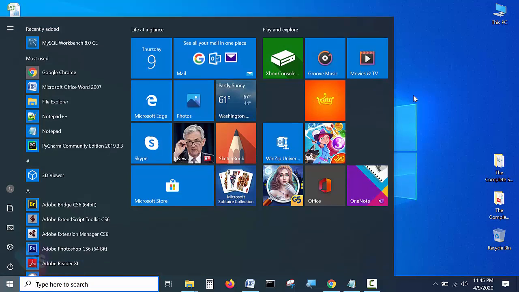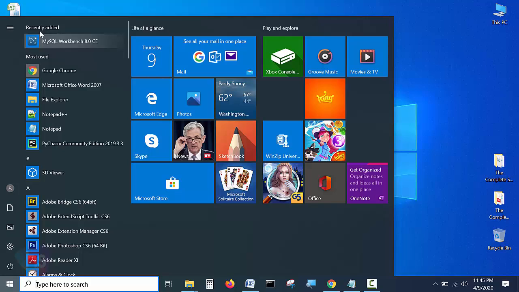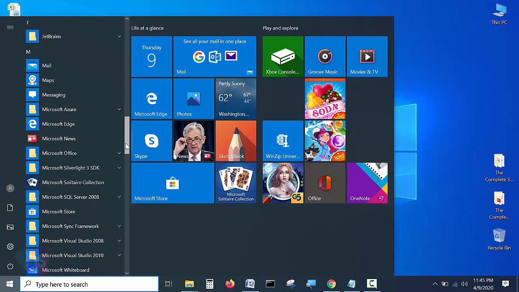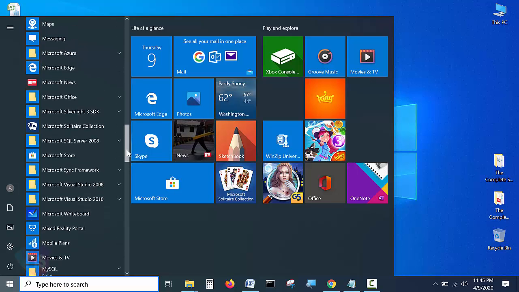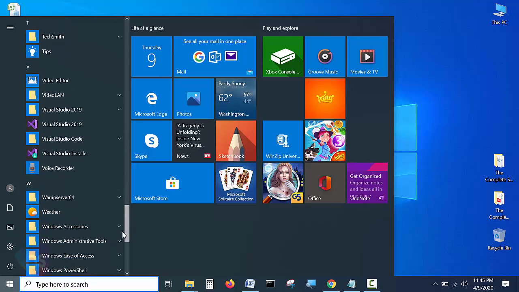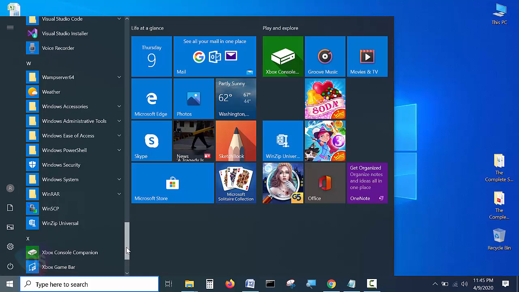Or else, once you press the start button, there is a recently added software list displayed here. Otherwise, you can scroll down and you will find MySQL Workbench listed in the list.